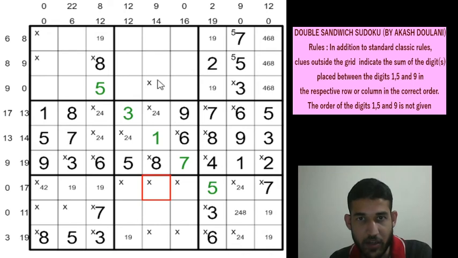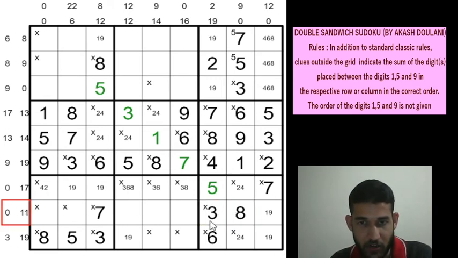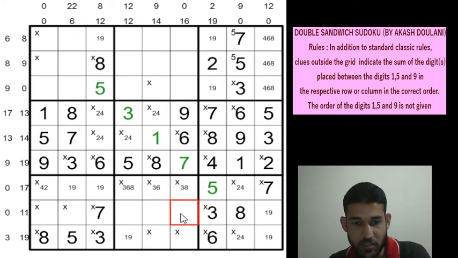So this will be a 3 or a 6. This will be a 3 or 8. So this will be a 3, 6 and 8. And the 2, 4 pair is here. So this is going to be an 8. And now we have reached the 11 total for this row 8 clue. So we have a 1 and 9 here. So this is going to be a 1, 5 or a 9.